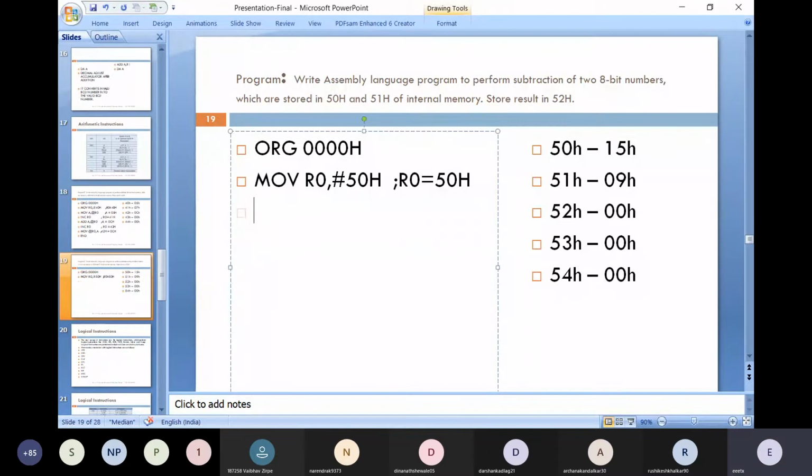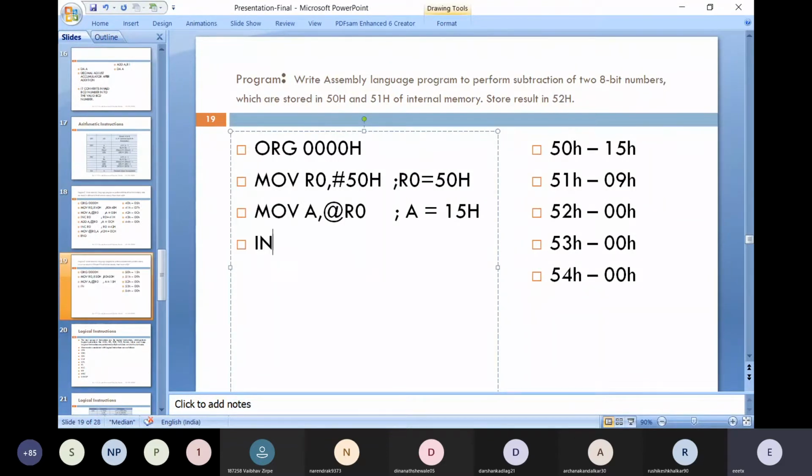After that, we will take this first value into the accumulator. It means you will get A equal to the value pointed by R0, that is the value of memory location 50H you will get into the accumulator.